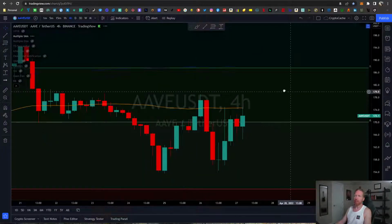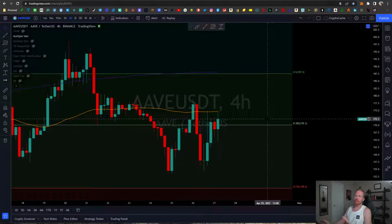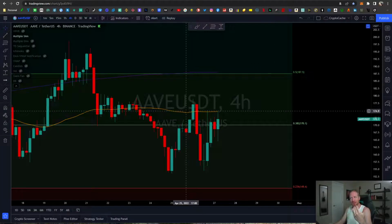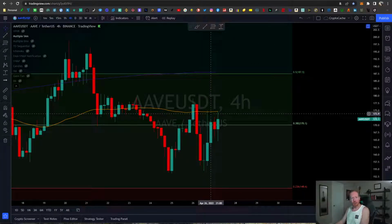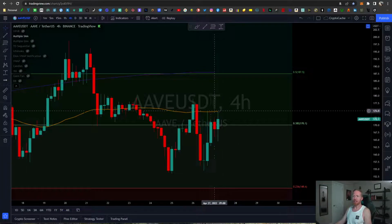Let's look at the 4 hour. We can see on the 4 hour time frame we're getting rejected by the moving average here, and that is something very interesting in a lot of ways. I wouldn't say it's a phenomenon, but you oftentimes see the 200 on the daily and the 50 on the 4 hour getting rejected concurrently. They kind of flip places here, but the bottom line is that 50-day SMA is working as a resistance here